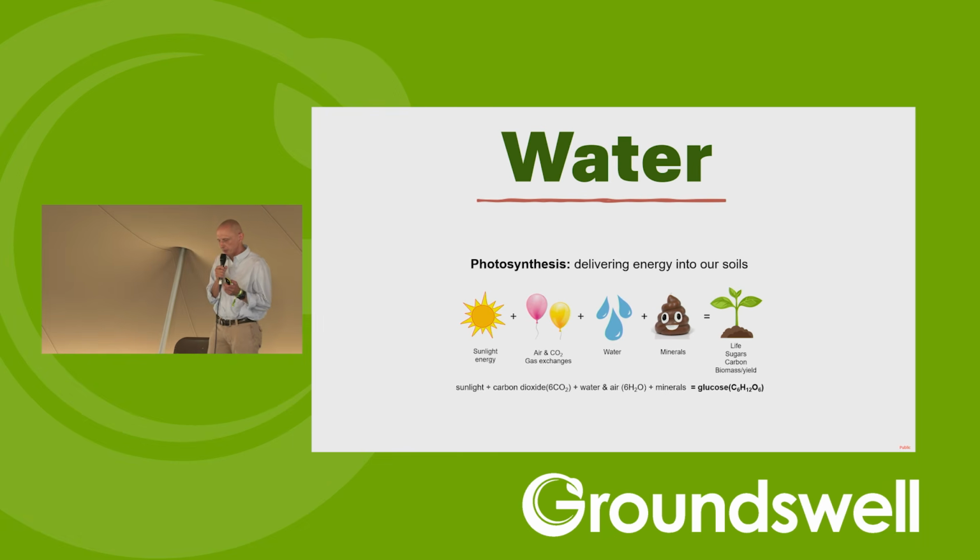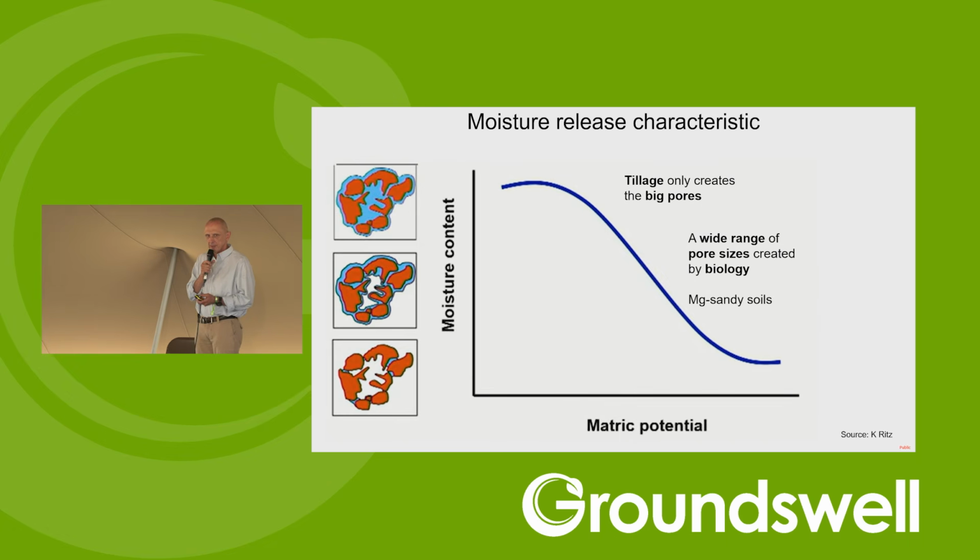Very important in the process of photosynthesis, optimizing water. This is one of the most important characteristics of your soil. It's different for every soil type, but this is a biological phenomenon. So along the bottom is matrix potential, which is the sucking ability of plants to get moisture out of the soil. Up the side is your volumetric moisture content, and then you see the kind of... So what we want when you get a big rainfall, and it's lots of big pores to get rid of that